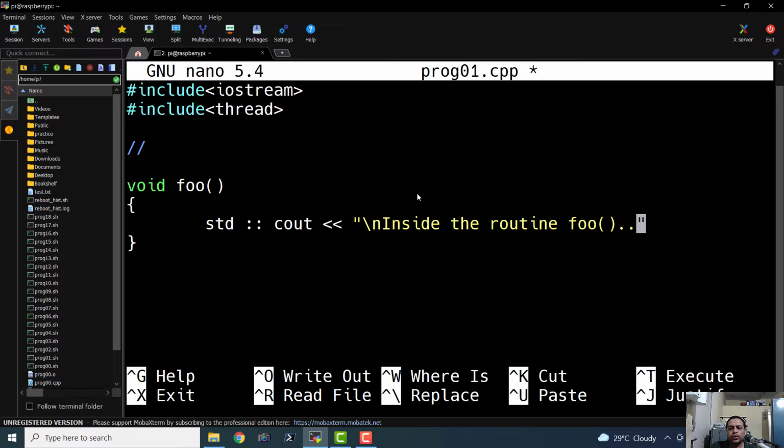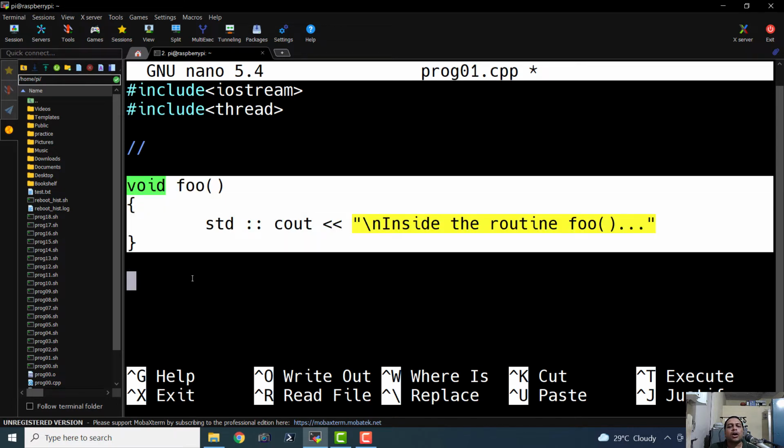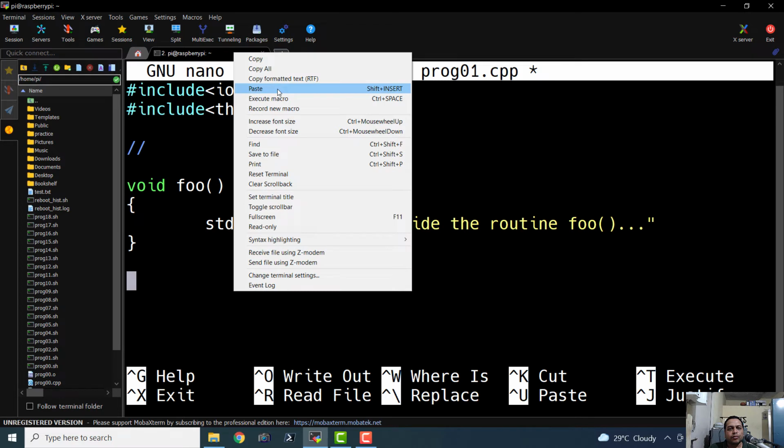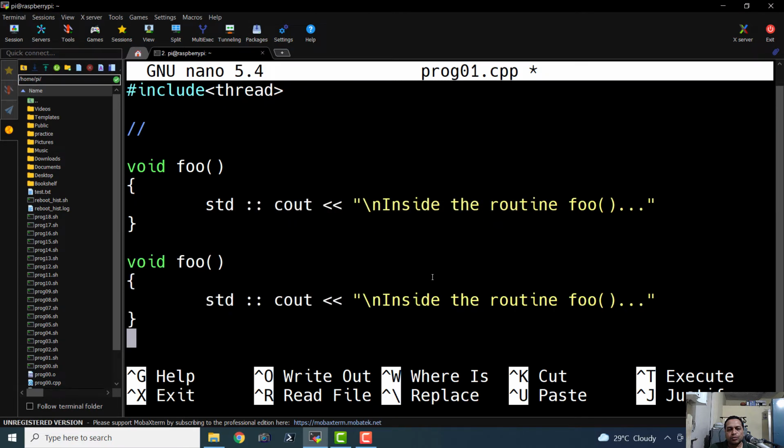So we are going to use this particular program as a template for all the future programs. So I'm just going to copy and paste all these lines in our future programs too.